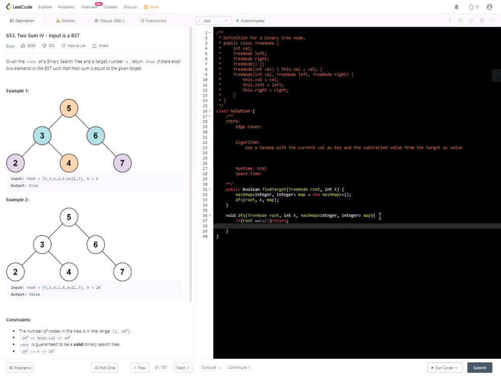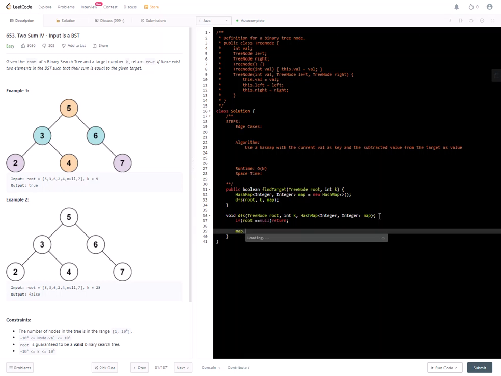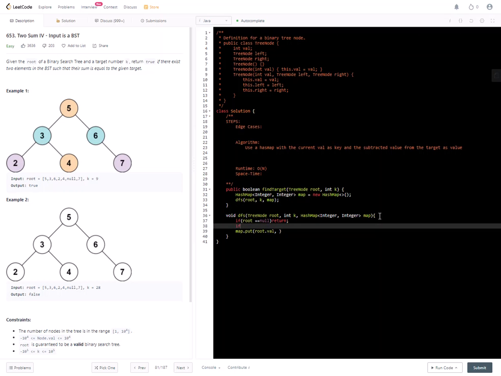Otherwise, what we can do is map.put root.val, and then if root.val is greater than k,